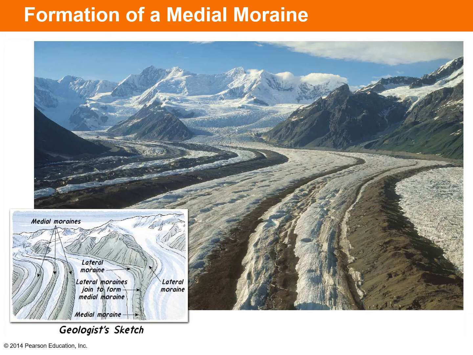So this photo here shows a really good example of the formation of a medial moraine. You can see that you have one glacial valley on the right, and then you have another glacial valley on the left, and where they converge, the lateral moraines from both of those glacial valleys form a medial moraine. And in fact, in this specific glacier, you can see that you have several glacial valleys that converge and form several medial moraines. It's pretty cool, actually.